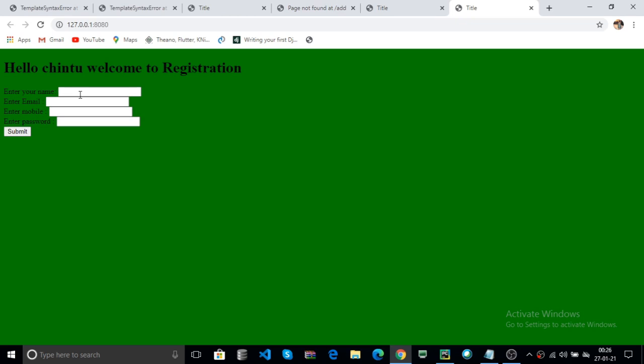Here enter your name, for example hello, enter your email ID python@123. Here enter any mobile number, for example 77. Here enter any password and click on submit.